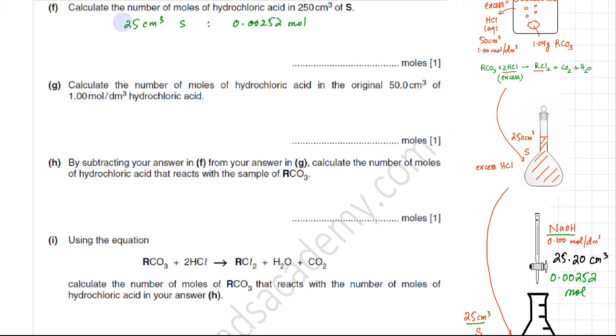So what are the moles in 250 cm cube of the original solution that we made, solution S? So that would be X moles. So using the crisscross method, X would be equal to 250 divided by 25 and multiplied by 0.00252, and the answer is going to be